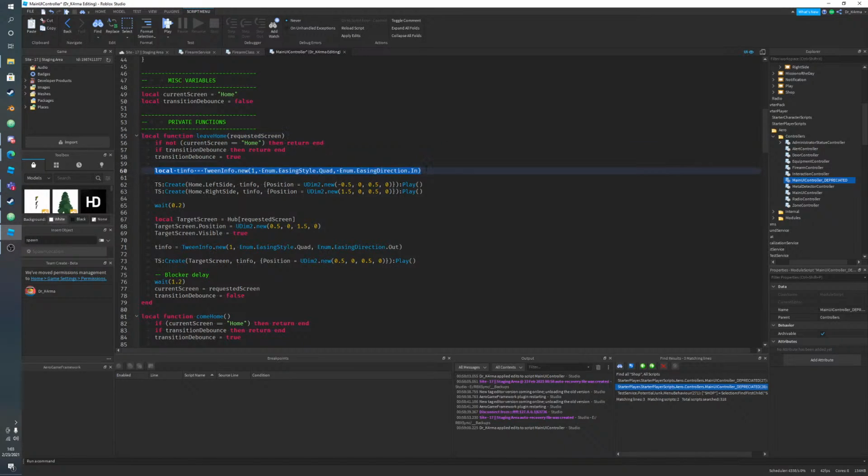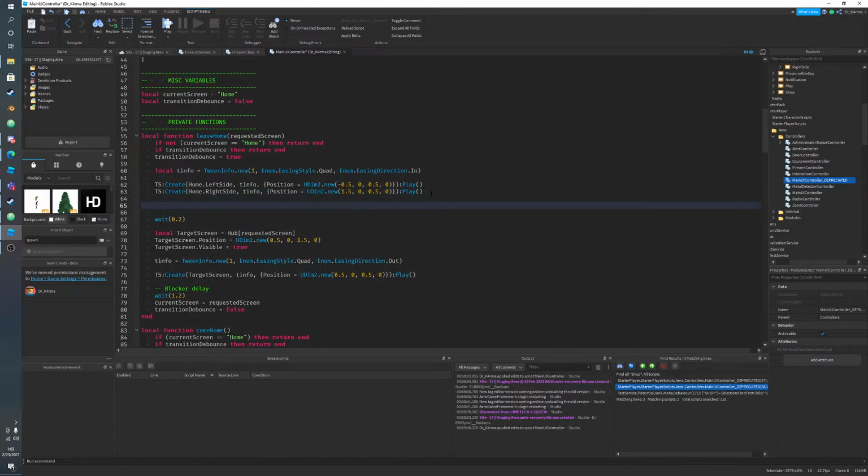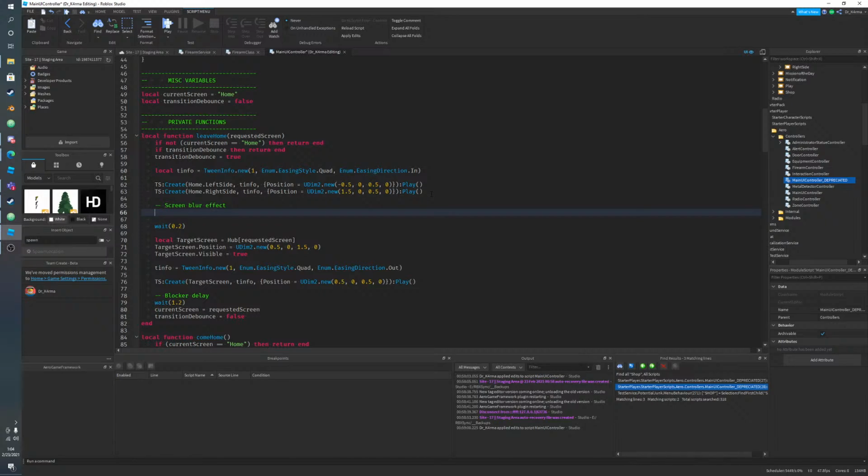We're just gonna use the same tinfo, and right here, we are going to create another. So this is for screen blur effect, and we're just gonna do ts create lighting dot blur tinfo